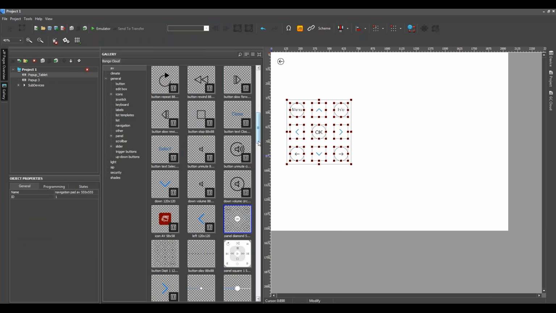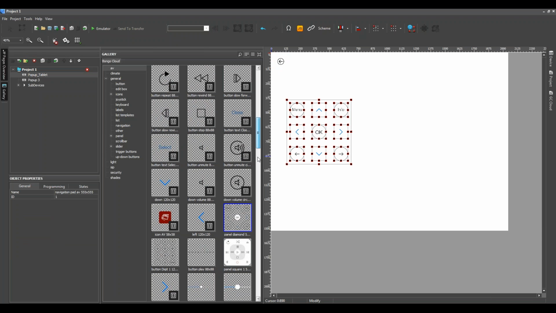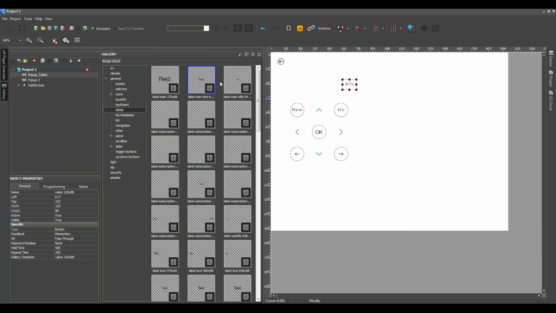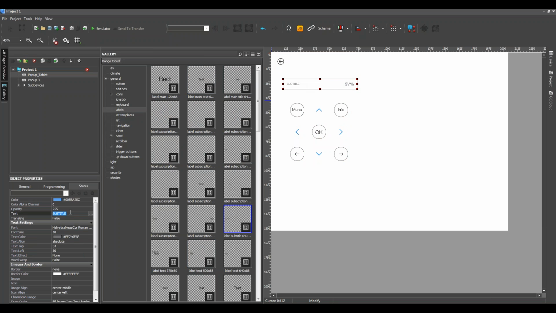Then I want to show the volume to my end user, and let's select the label that it is volume. So module creating is more simple than project creating, but you can't create your own graphics.